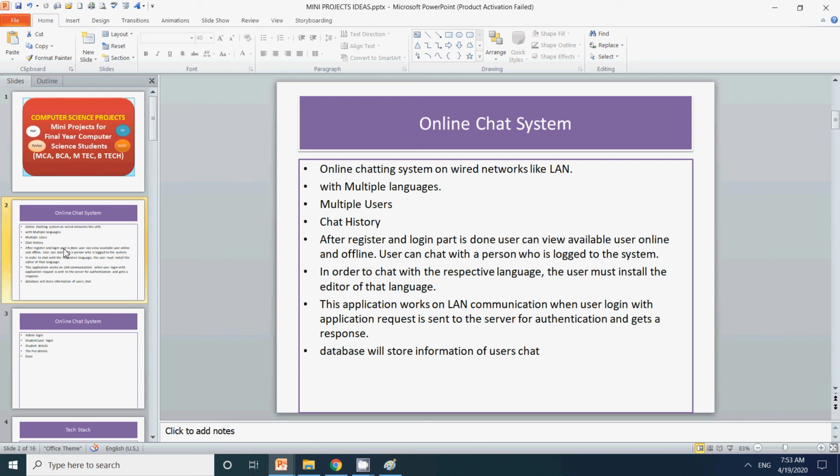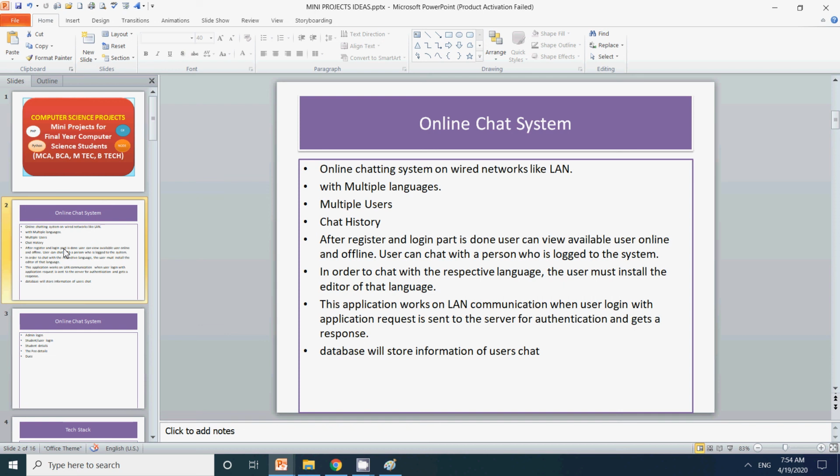It will be working on the LAN wired, and then for the front end, you can create the interface in HTML, CSS. For the backend processing, in which you are storing the chat history and other chat data into the database, you can use any backend language like PHP, Node. And for the database, we have a lot of options, like you can go with SQL or NoSQL. If you go for NoSQL, you have MongoDB, so you can store the chat history in that, and you can retrieve it frequently. So you have a search feature also. Using the search feature, you can search the different chats.